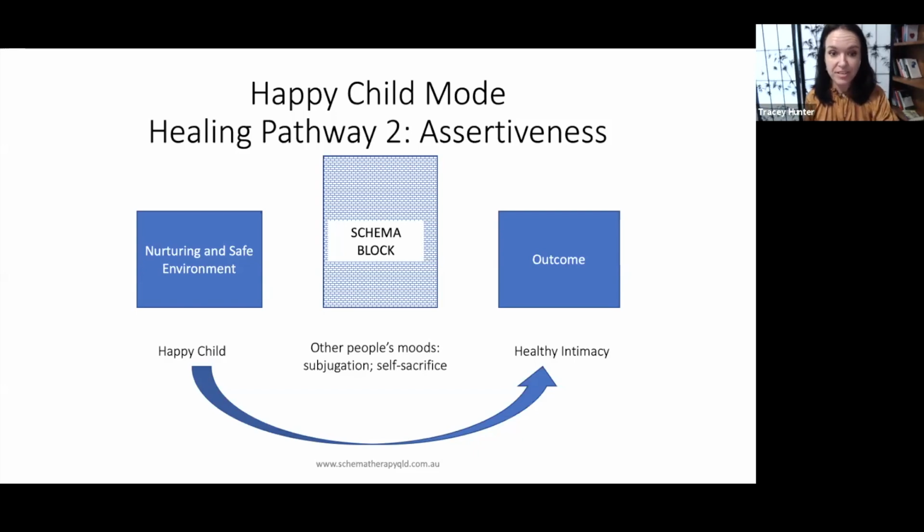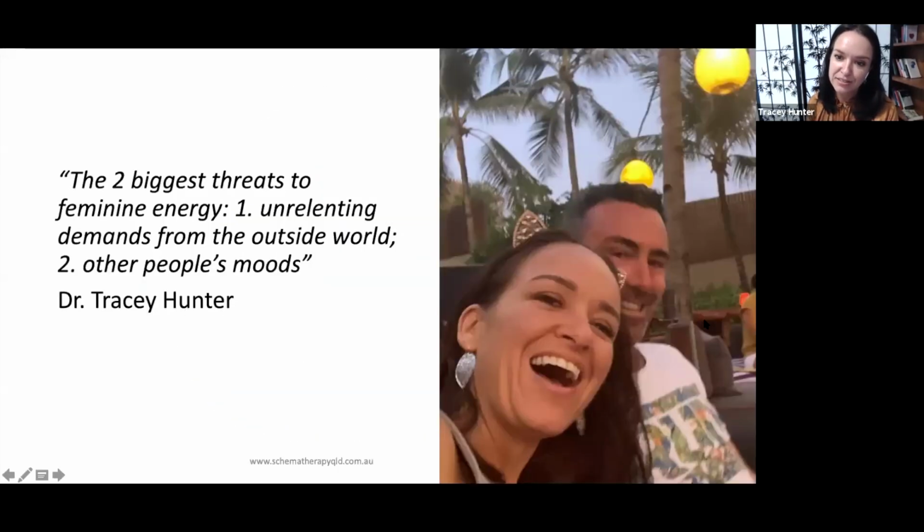Does that make sense? They would feel very guilty if they were just engaging in their own pleasurable pursuits, because the message is that they're somehow contributing to other parents' negative mood state. Okay, so the healing pathway here is assertiveness. So I'm going to just be talking about some ideas that we can use with our clients if that's the particular pathway. So here's a picture of me and my love, and I've had to heal both of those pathways. So what I'm sharing with you is, I've applied it.